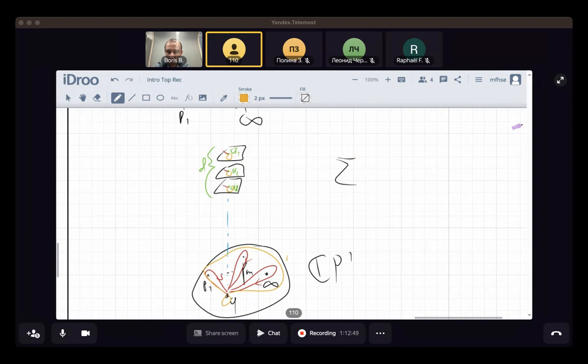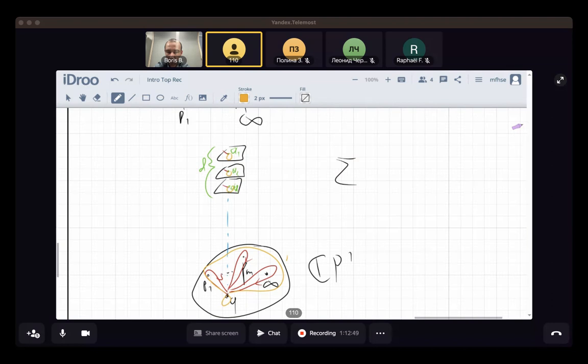So going along a closed loop here corresponds to some permutation of those guys. And if you go along a loop which contains all the ramification points or none of them, which is the same on the sphere, it's a trivial permutation. But if you consider just one single loop out of those red guys, this can be, or in fact it will be, a non-trivial permutation. Why will it be a non-trivial permutation? Because